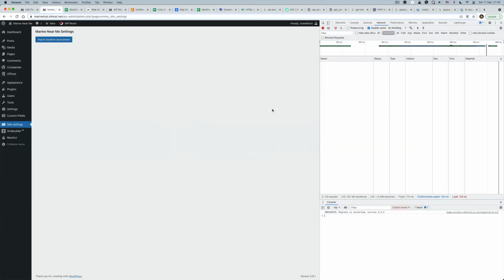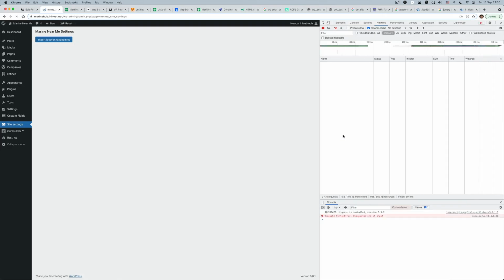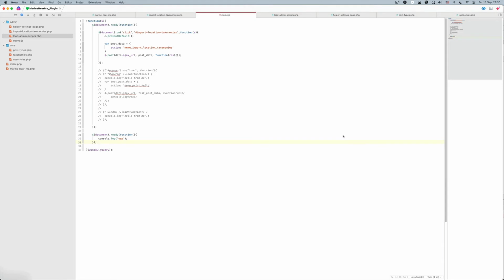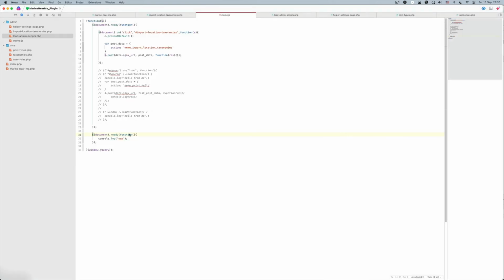Cool. Not very cool, because we don't have this one. Okay, we got another mistake. Now it's time to debug again. So this is the function, this is the document ready. We've been looking for